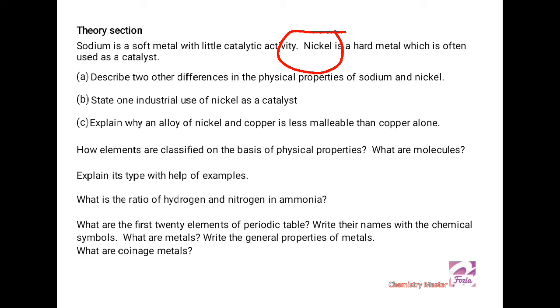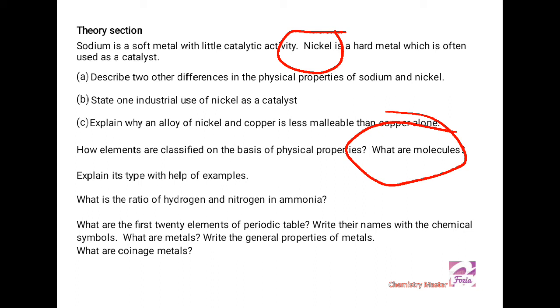What are molecules? To answer this question, you need to understand that molecules are individual existing units of two or more atoms combined together. And the types of molecules depend on their composition. If a molecule consists of only one atom, it is monoatomic. If the molecule consists of two atoms, it is diatomic. For three atoms, it is triatomic. For more than three, it becomes polyatomic.